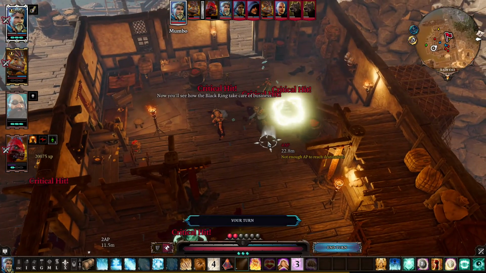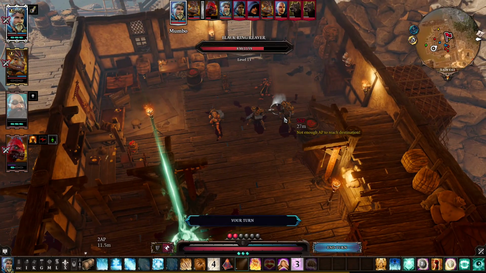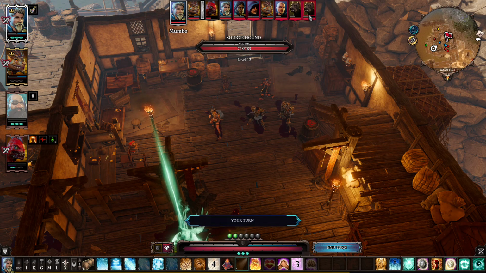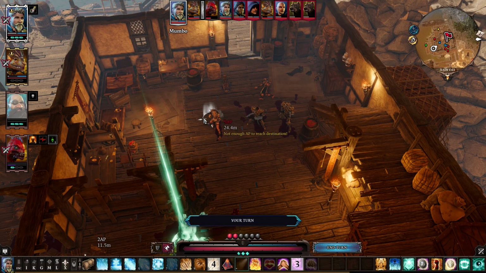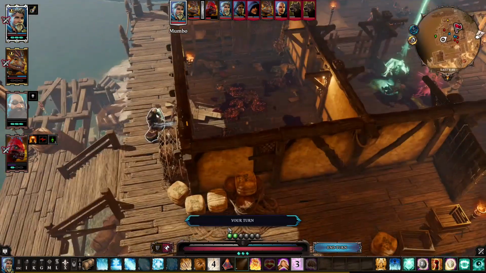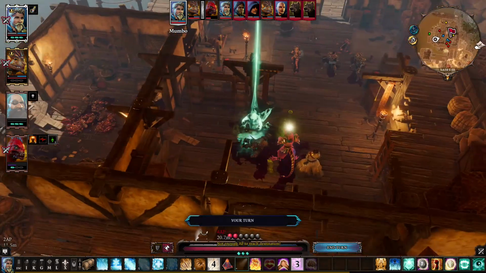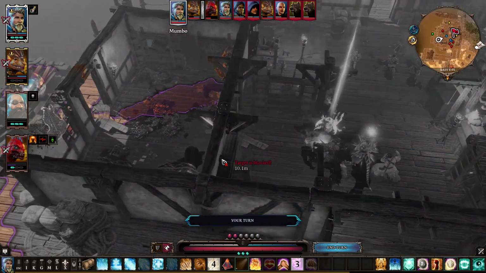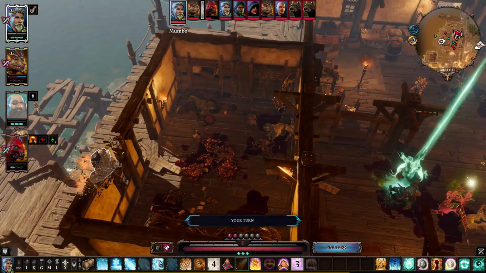Alright, so if you kill him without killing these guys via the Shackles of Pain, they will be freed, which is what we want, because now they're going to help us out in combat a little bit. I don't see them up there. Thought they helped us out in combat. I don't know. Anyway, Beast is dead over there, so we're going to move Mumbo. Actually, can Mumbo...